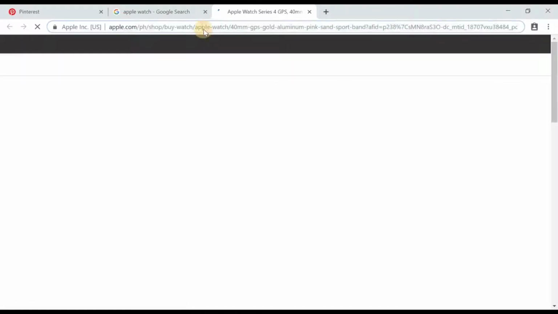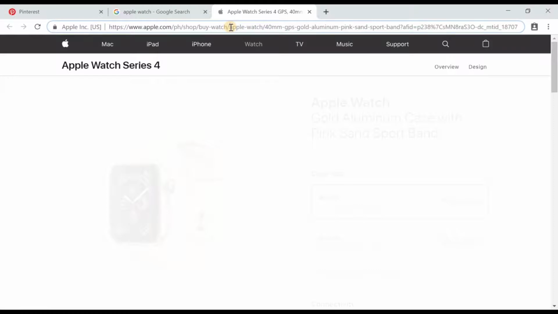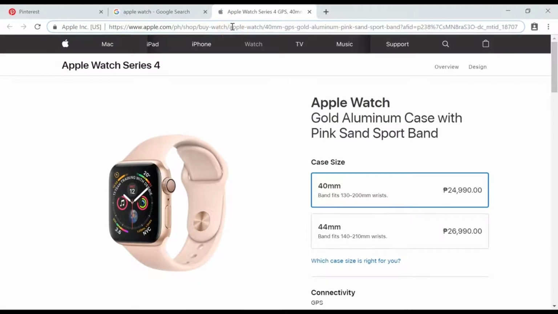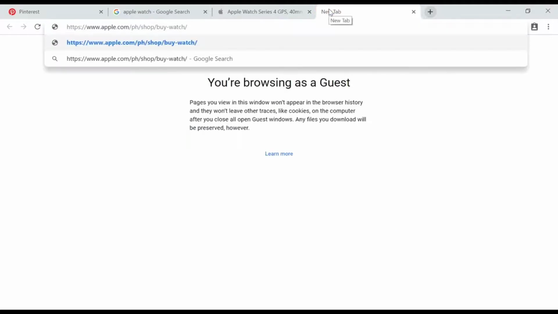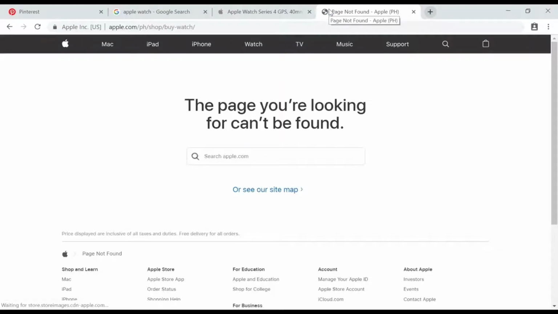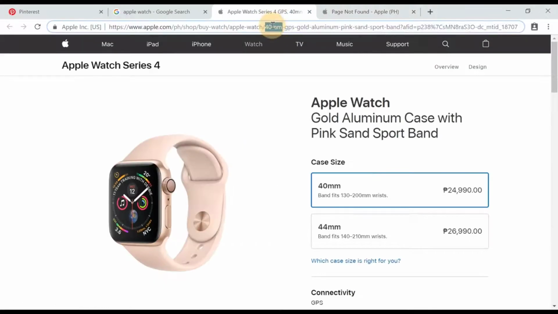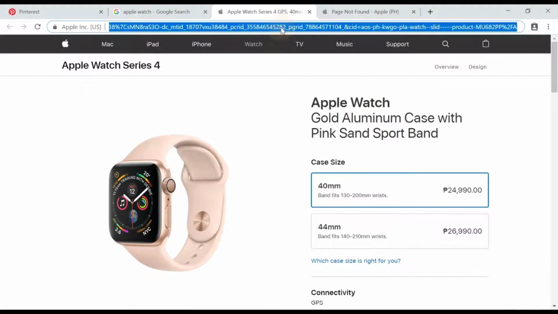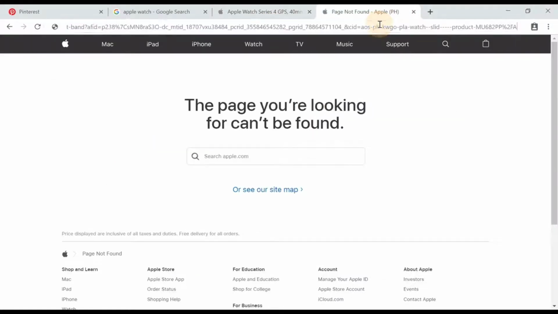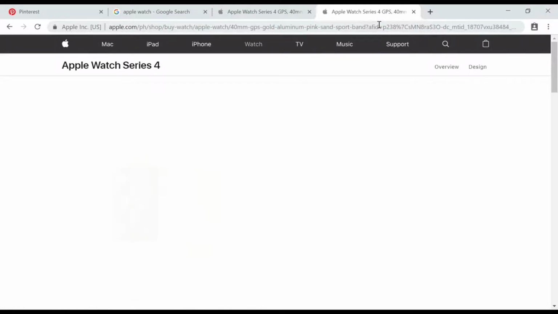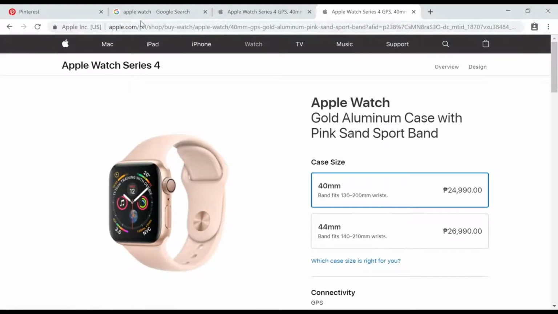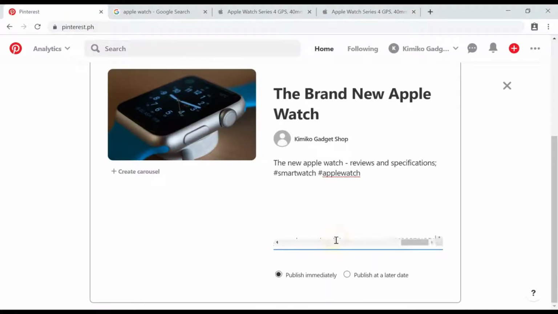Let's use this. Okay. So for example, we want to use this specific link. Let's check this first. Okay, so we need to use this link. Say for example, this is the link to your online store. Type in the link there,